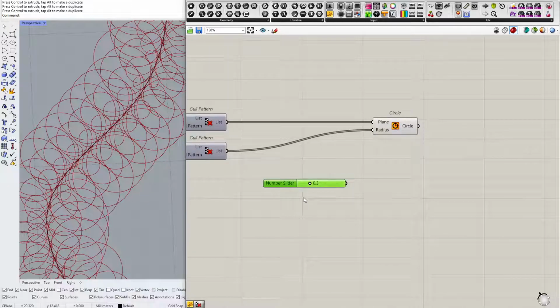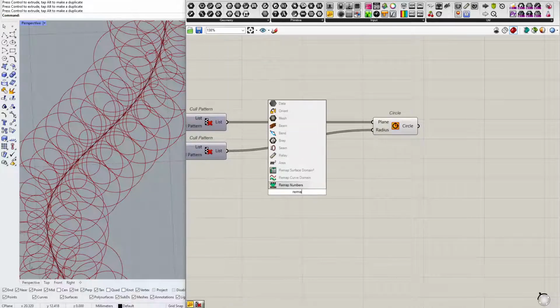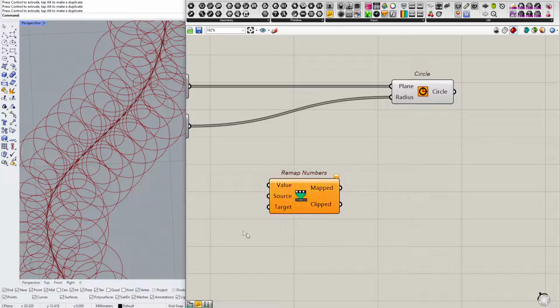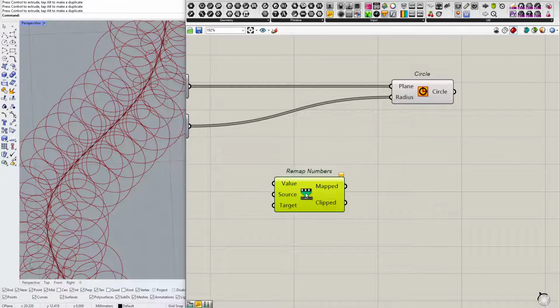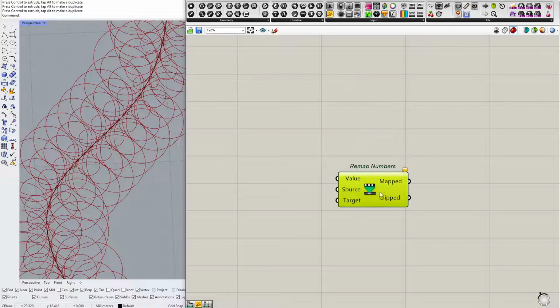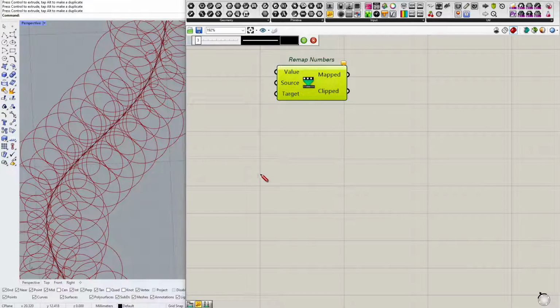And this is where we need to use a remap numbers component. And this is maybe not very important, but it is very often used. So it's good to understand how it works. It's good to master it. So remap numbers component, how does it work? Basically, it works on two domains. So we have two